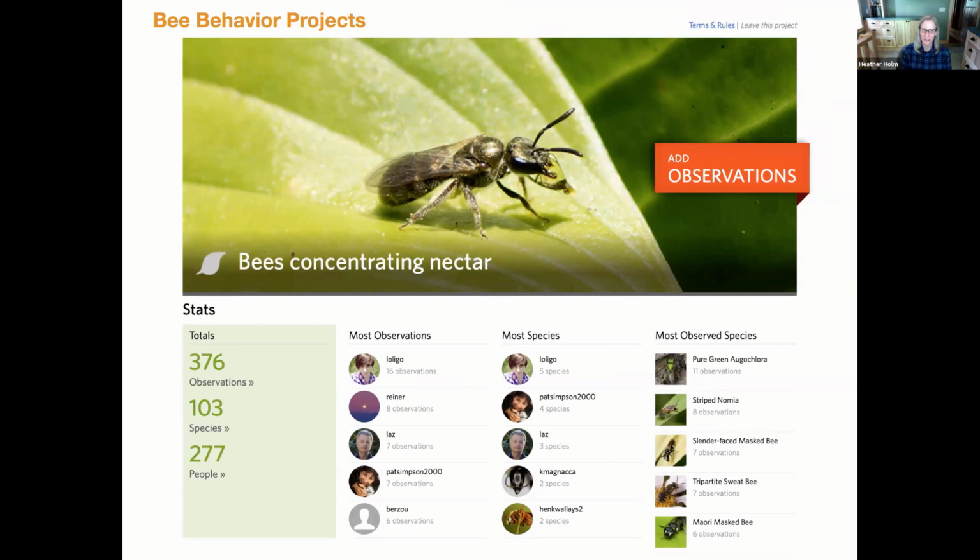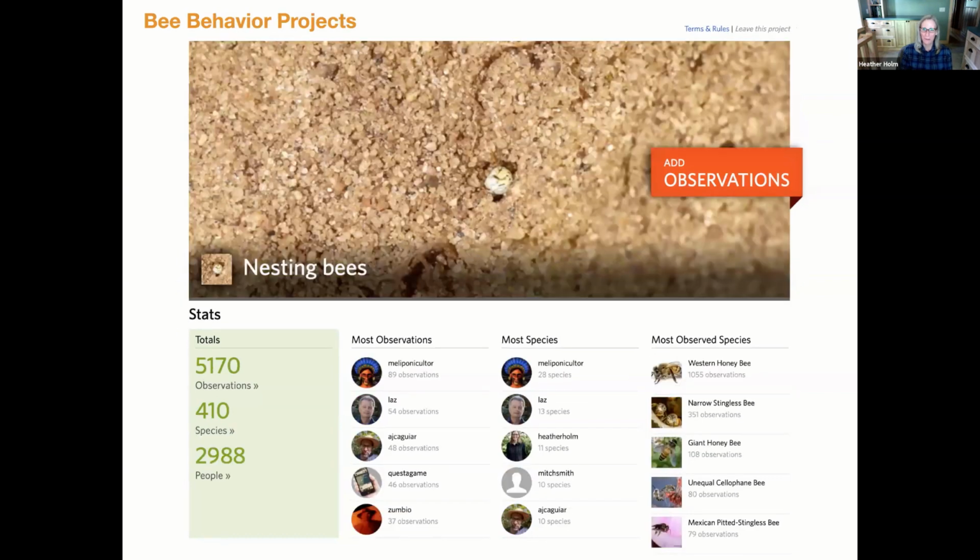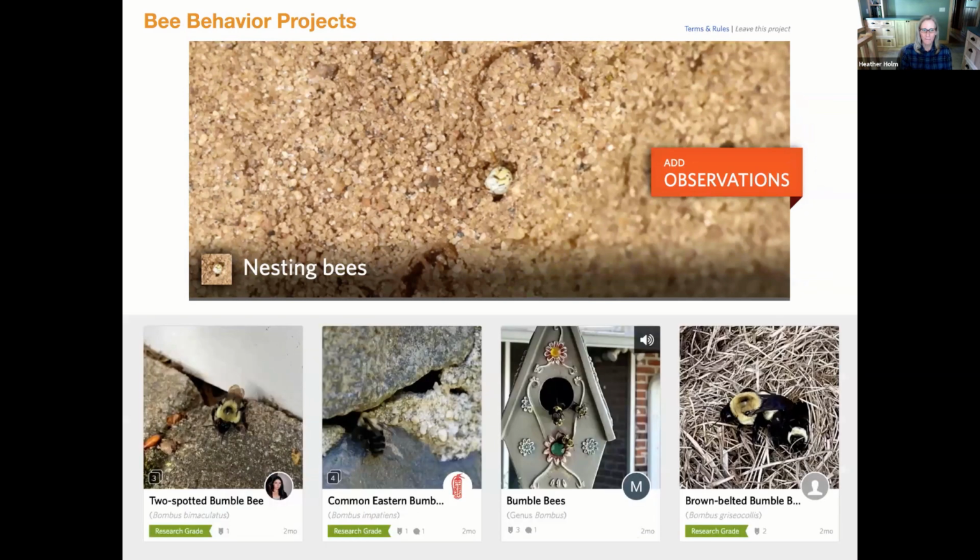So this is a behavior that some researchers are trying to better understand: which particular bee species may be concentrating nectar. There's a project called Nesting Bees. So if you find a nesting population, you can manually add your bee photographs to the nesting bees. And I looked at some of the recent observations for the nesting bee project, and many of